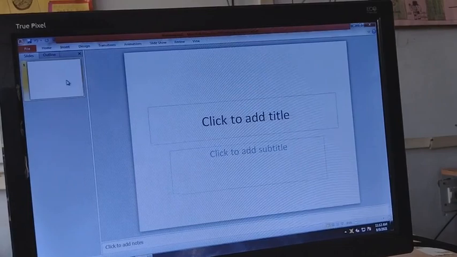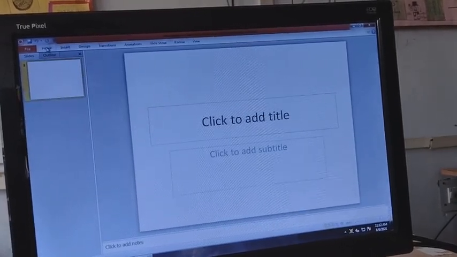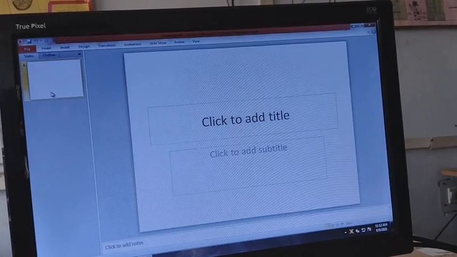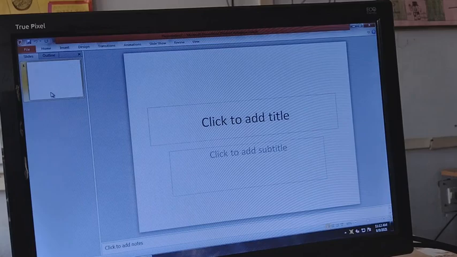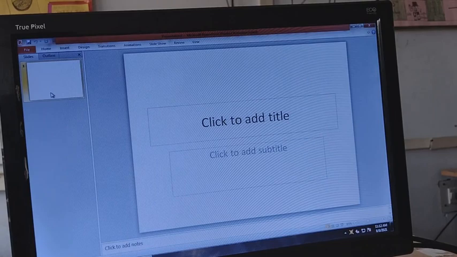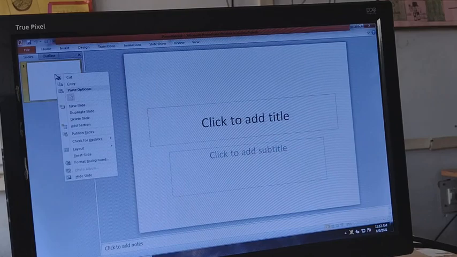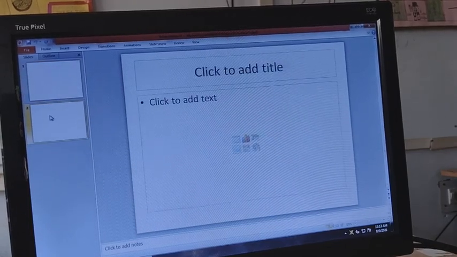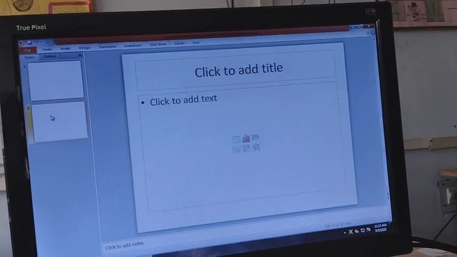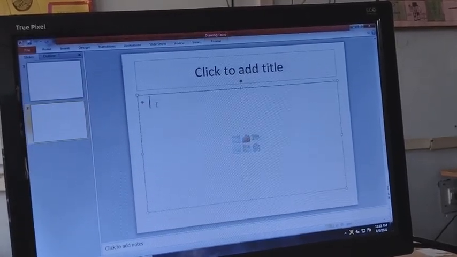So we have already discussed how to add slides and how to open this. Now first we have adding a new slide. How to add a new slide? To add a new slide we have different options. One is on the left hand side pane. Here we can right click, and from the context menu we have a new slide option. Here we have chosen the new slide, so it will automatically come exactly at the bottom of the selected slide.